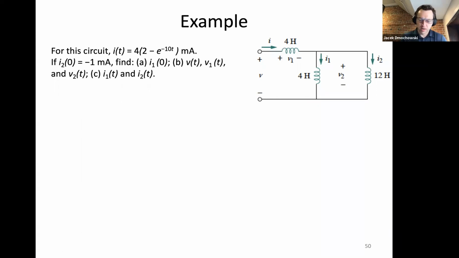And so more precisely, you have I at time 0 is equal to I1 at time 0 plus I2 at time 0. So what is the value of